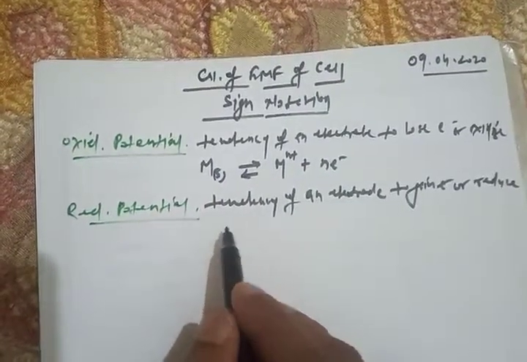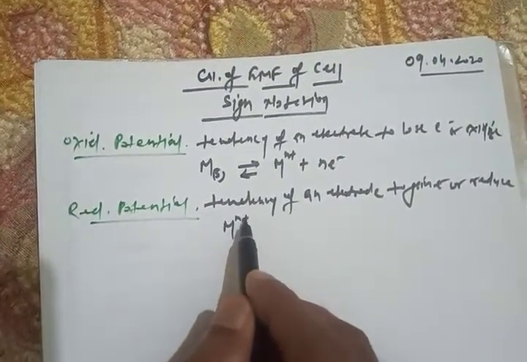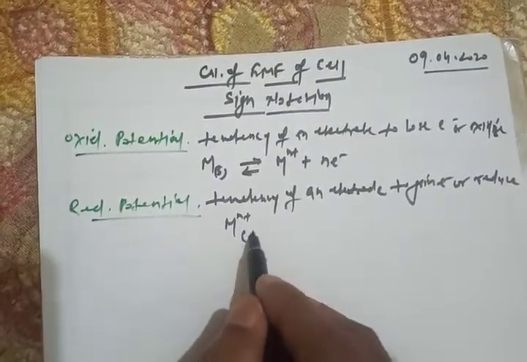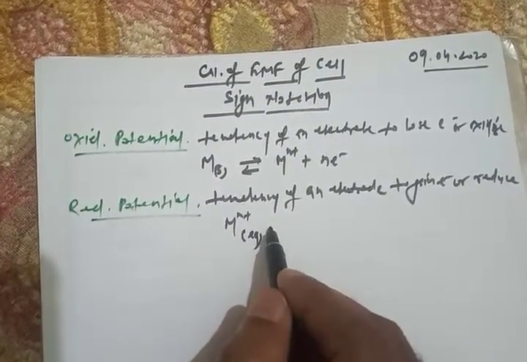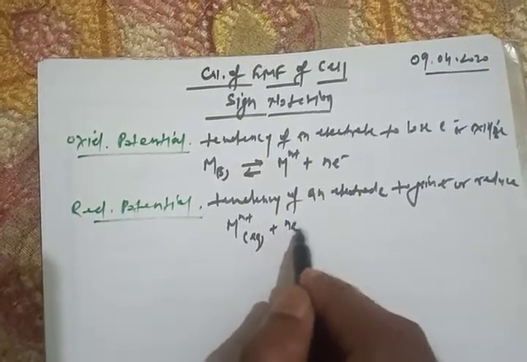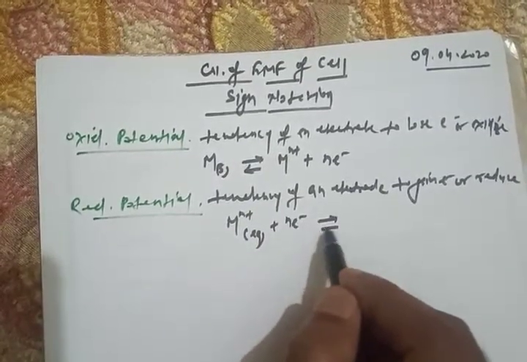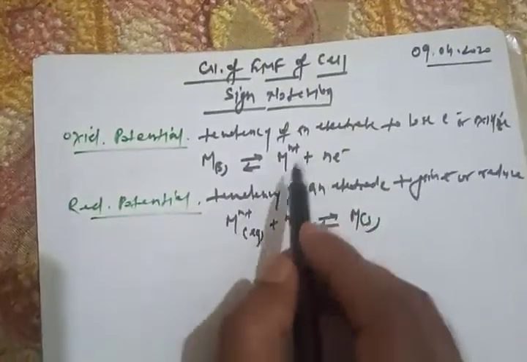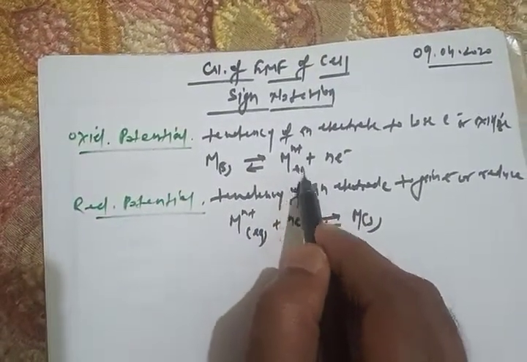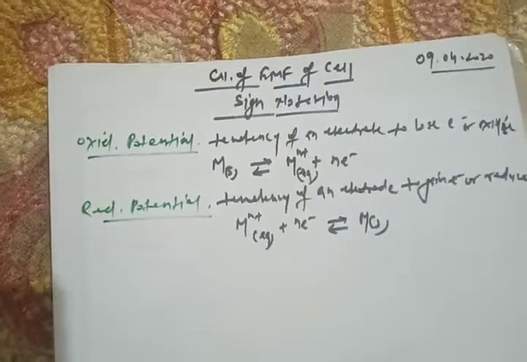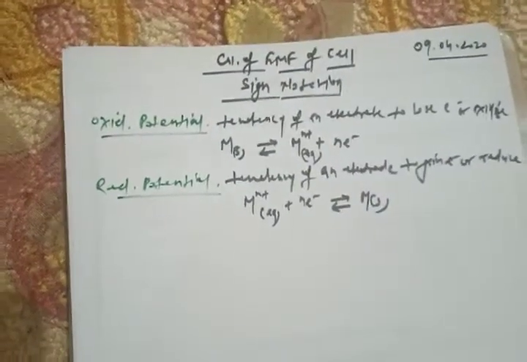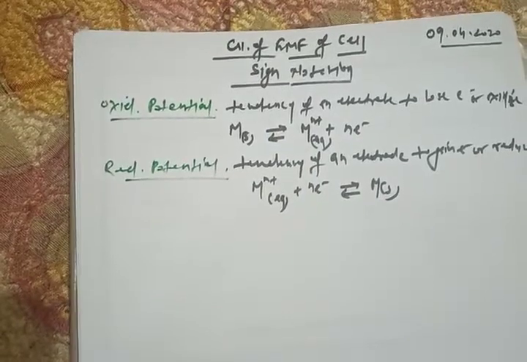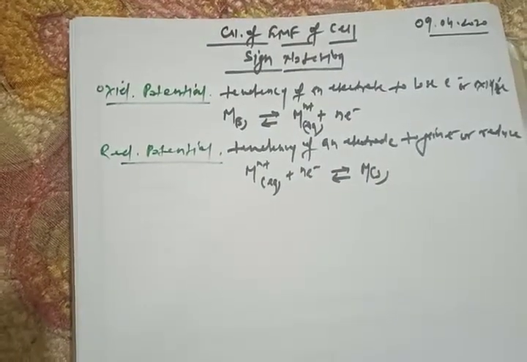The opposite, that means the charged M n+, this is aqueous, with gain of electrons will give you a metal, solid. So these are the two definitions,